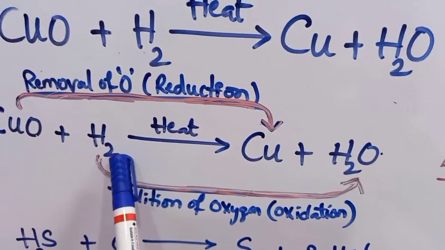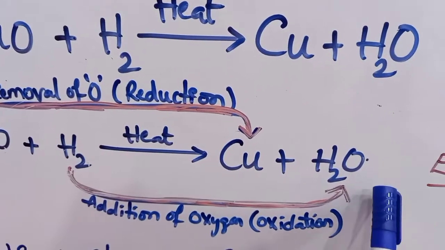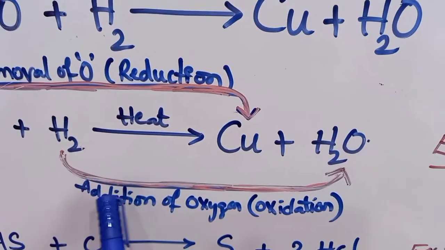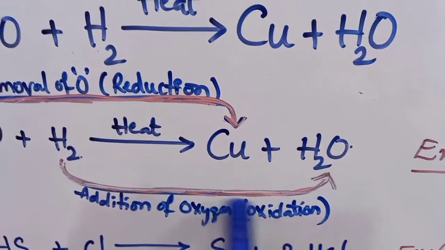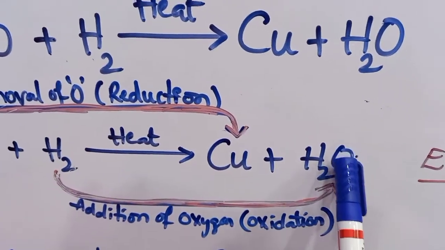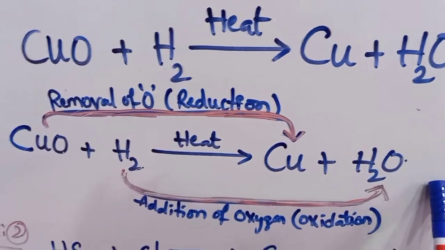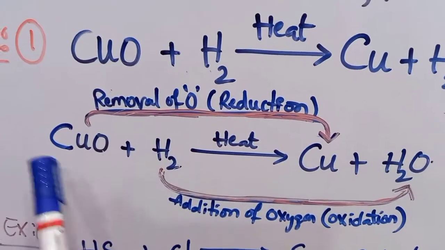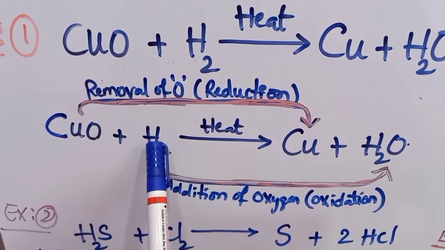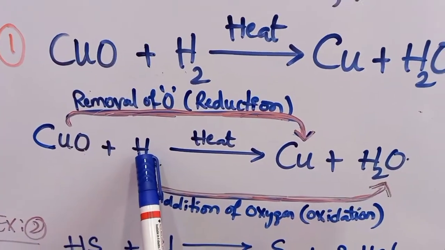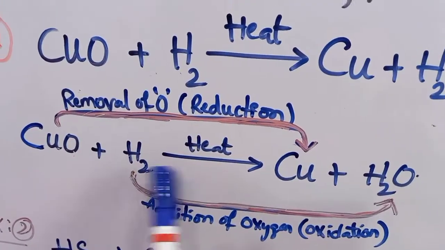Similarly, if you see H2, this hydrogen gas, after the reaction it was converted into water. H2 was converted into water. During this conversion, there was an addition of oxygen atom taking place. So addition of oxygen or gaining of oxygen is called oxidation. So hydrogen has undergone oxidation so as to convert H2 to H2O. H2 has converted into H2O. So in this only one equation, only one reaction, the first substance is undergoing reduction, the second substance is undergoing oxidation. So it is called a redox reaction or an oxidation reduction reaction, as both the processes are taking place in the same reaction.